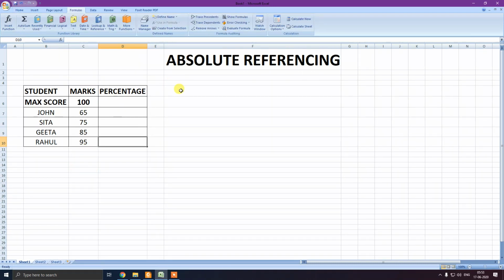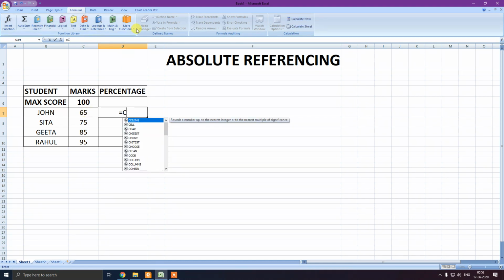Now absolute referencing. Suppose we have data here and I want to calculate the percentage of different students. To calculate the percentage, I will use the formula equal to this 65 divided by 100. So what is the address of 65? C7.